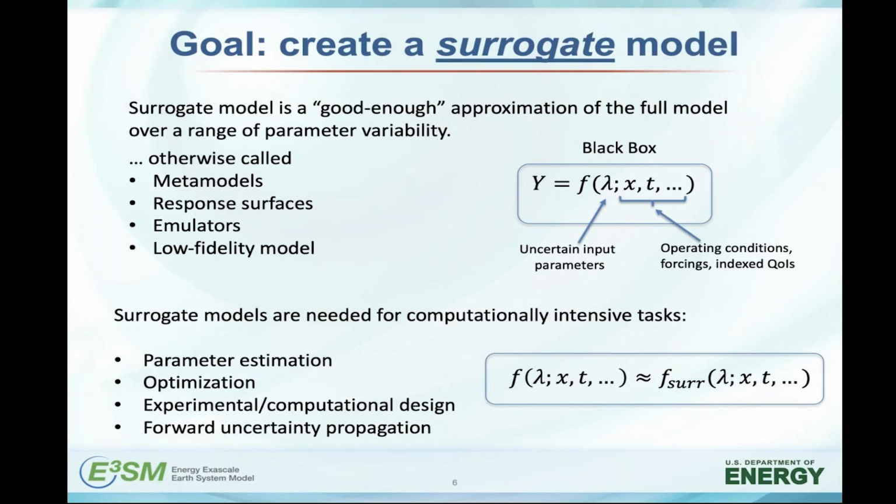also the forcings that we're interested in. And what we get out of that is then a quantity of interest. For example, it could be global scale GPP, it could be GPP at a single grid cell, whatever we happen to be interested in and can get from the full model. And then we take that and use that for things like parameter estimation or optimization. It can be used also for experimental design, looking at where the uncertainties are high, or for forward uncertainty propagation. So on the next slide,